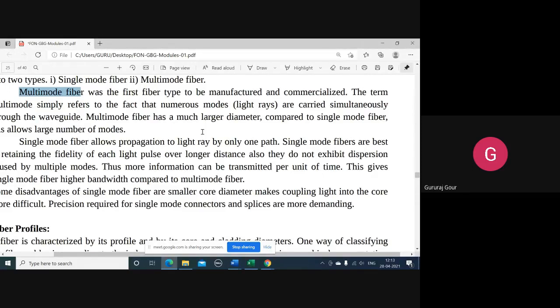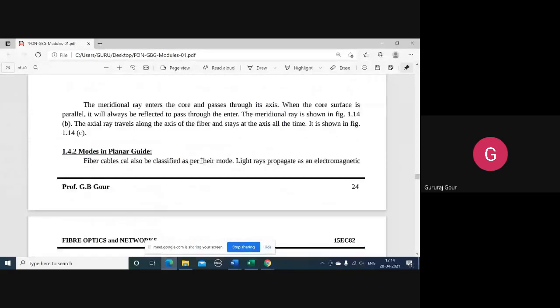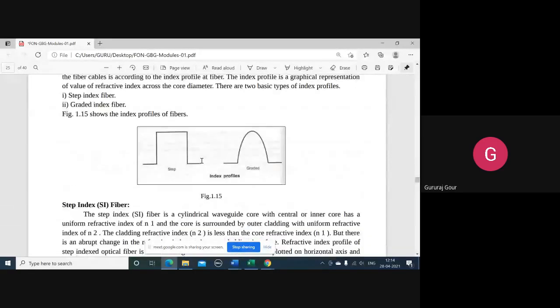So that coupling efficiency will be decreased because the mouth of the core, the diameter, will be kept very small in case of single mode. So that's why its coupling efficiency will be less compared to multi-mode. Okay, so these are basic things you need to remember whenever we discuss single mode or multi-mode fibers. Another aspect I want to discuss in this modes in planar guide is